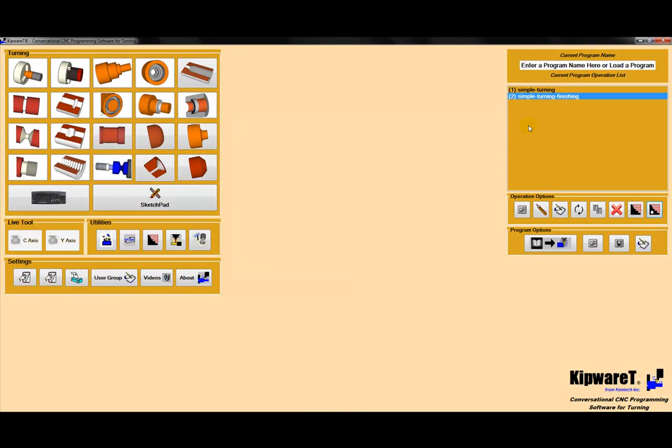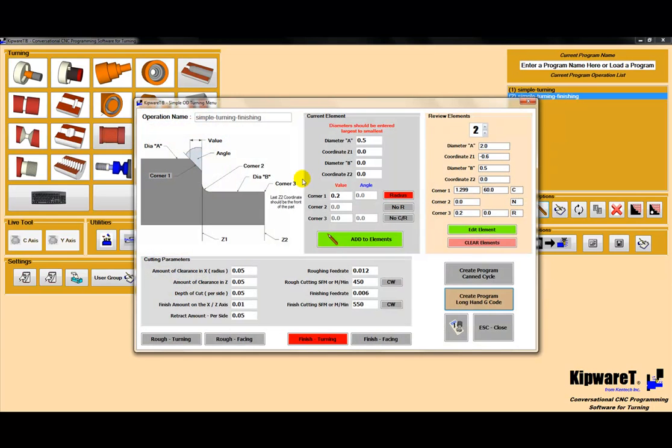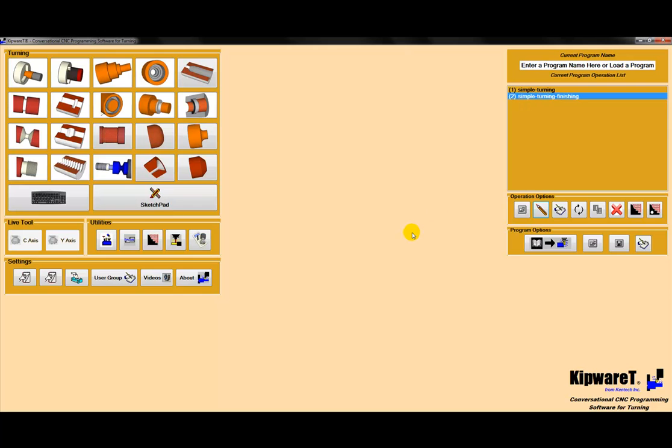So very powerful cycle to create a different kind of shapes, not just simple corner breaks, not just taking the corners in one pass. We're actually going through and doing roughing passes along the radiuses, along the tapers, any angle that you want, any size radius that you want. Everything can come back into the form. Everything can be editable. Very powerful form. A very powerful feature inside of KipwareT. This is really a game changer for conversational programming, as you can create a very complex shape, no drawing required,